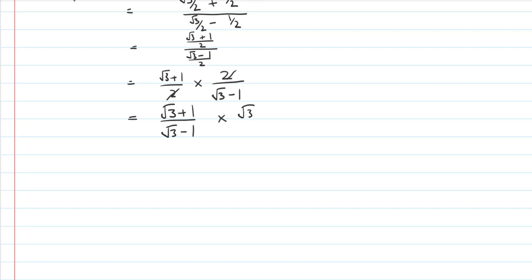And we want to make sure that we've got a rational denominator, so we multiply by the conjugate, root 3 plus 1, and this will give us on the top root 3 plus 1 times root 3 plus 1, which I will probably expand, and at the bottom it gives me root 3 squared, which is 3,